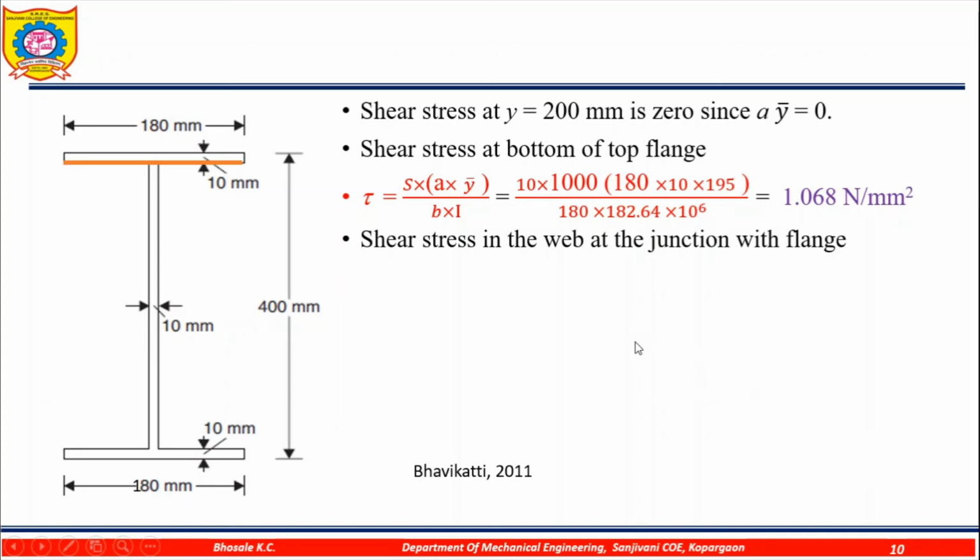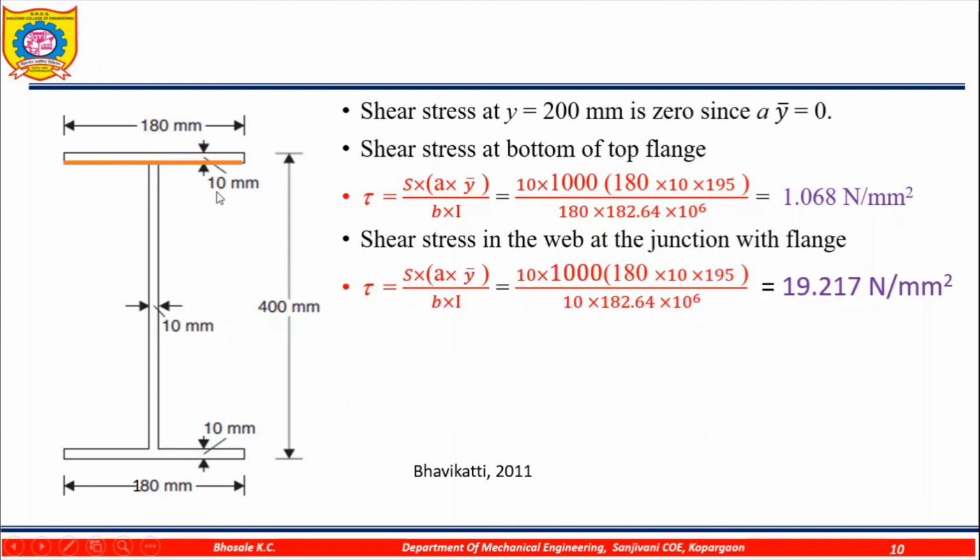Next, the shear stress in the web at the junction with the flange. Here we have to find out the shear stress at the junction. When there is a drastic change in the shape, at that point also we have to find out the shear stress. At this portion the only change is that the width is going to change, because above that point the dimensions remain the same, and the width at that point is 10. By mistake I have taken the shear force as 10. In the numerical it is given as 100, so I have to make the correction. So take the shear force as 10 kilonewton.